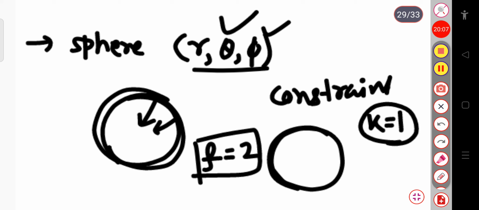Okay, the generalized coordinates are those coordinates which are independent in nature. That is, as we have already discussed, the number of independent coordinates required to describe the motion of a dynamical system is known as the degrees of freedom, and those independent coordinates are nothing but the generalized coordinates. This is a very important topic in classical dynamics.